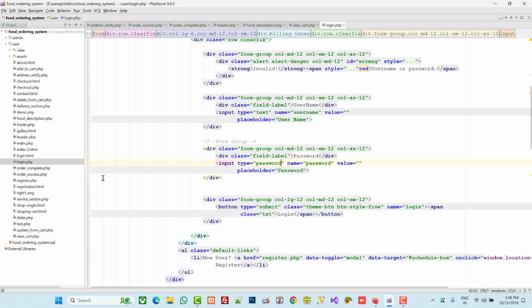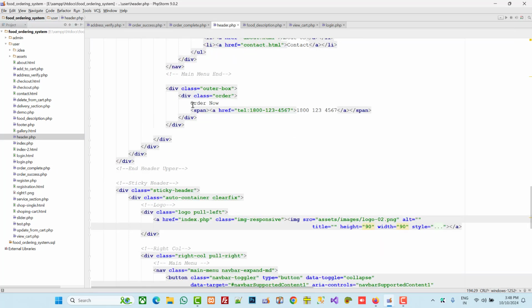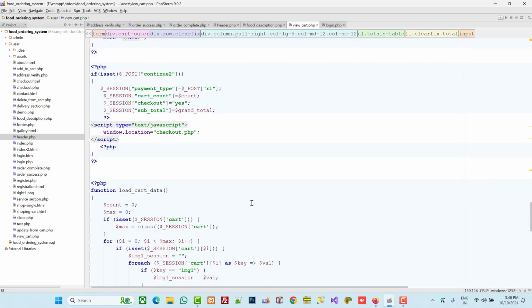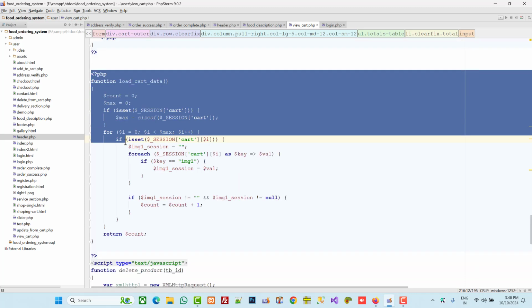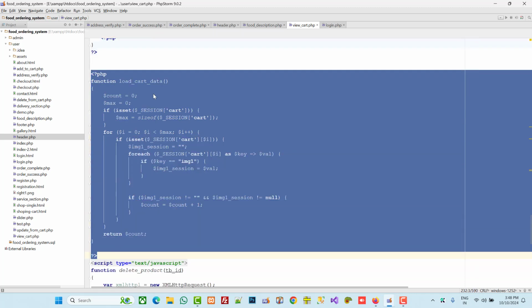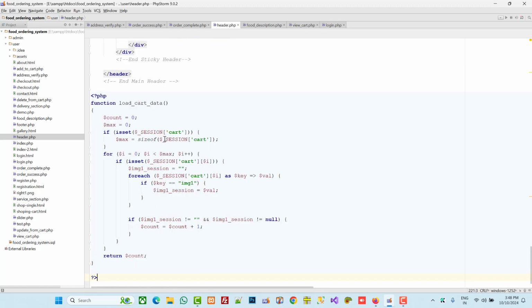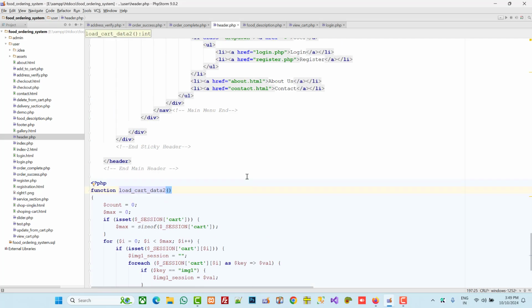Now we need to display here whatever item in cart. So we have to change the code over there. This is the header file. So in header file, we need to copy one code from view cart. So in view cart, you can find these things. Load cart data. I'm going to copy this. And in header, we are going to paste. So in header paste, and we are going to change the name load cart data to